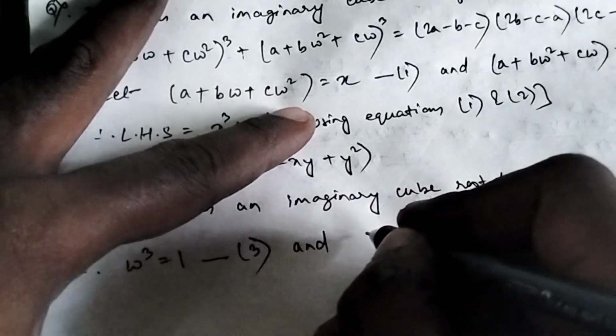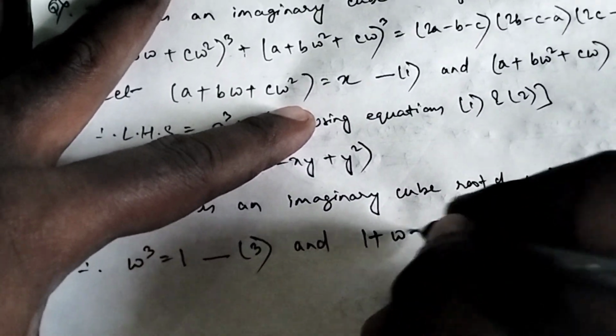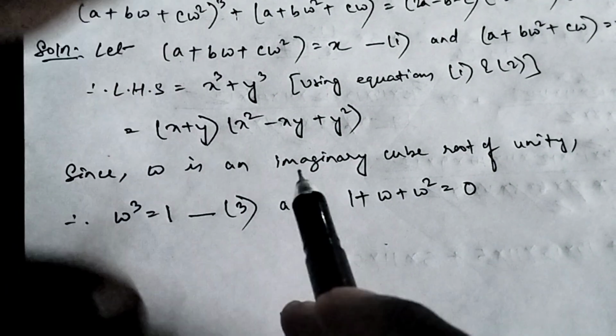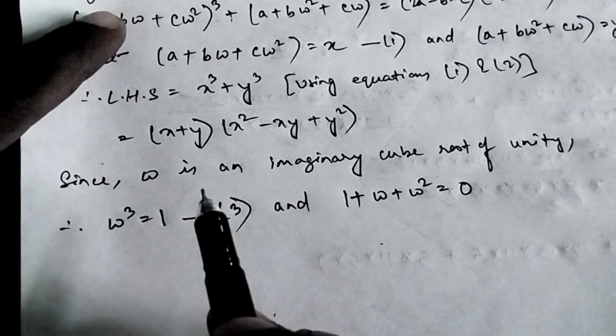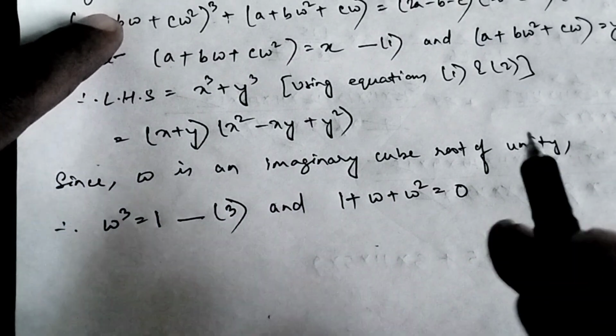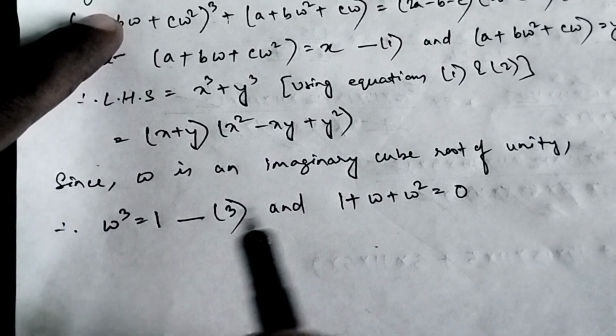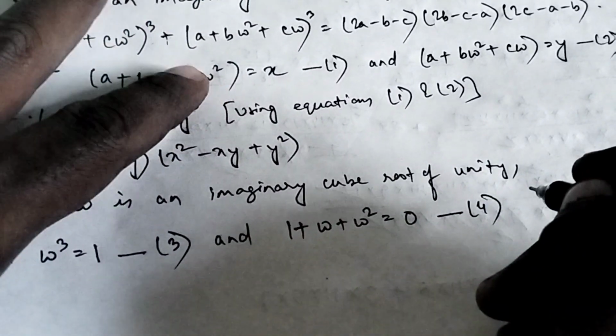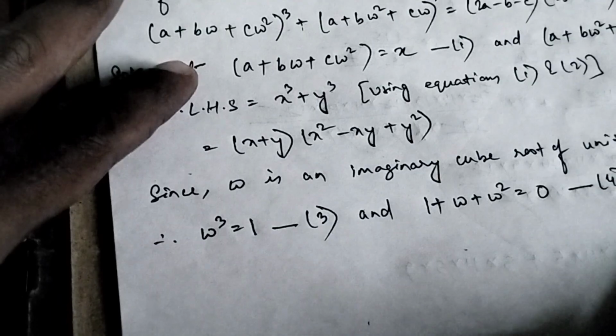And one more thing, 1 plus omega plus omega square is equal to 0. Whenever it has been given in the problem that omega is an imaginary cube root of unity, these two equations automatically come. Omega cube is equal to 1 and 1 plus omega plus omega square is equal to 0. Name it as equation number 4. Okay, so now